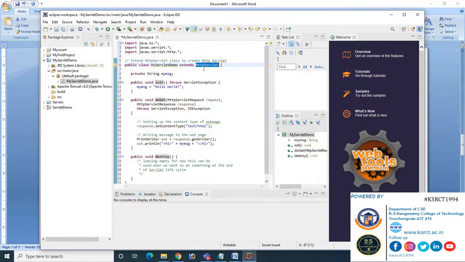In order to inherit the HttpServlet class, we have imported the package javax.servlet.http. And our own variable, that is a String object. The myMsg is the String object. As it is accessible only within the MyServletDemo class, I have given the access specifier as private.